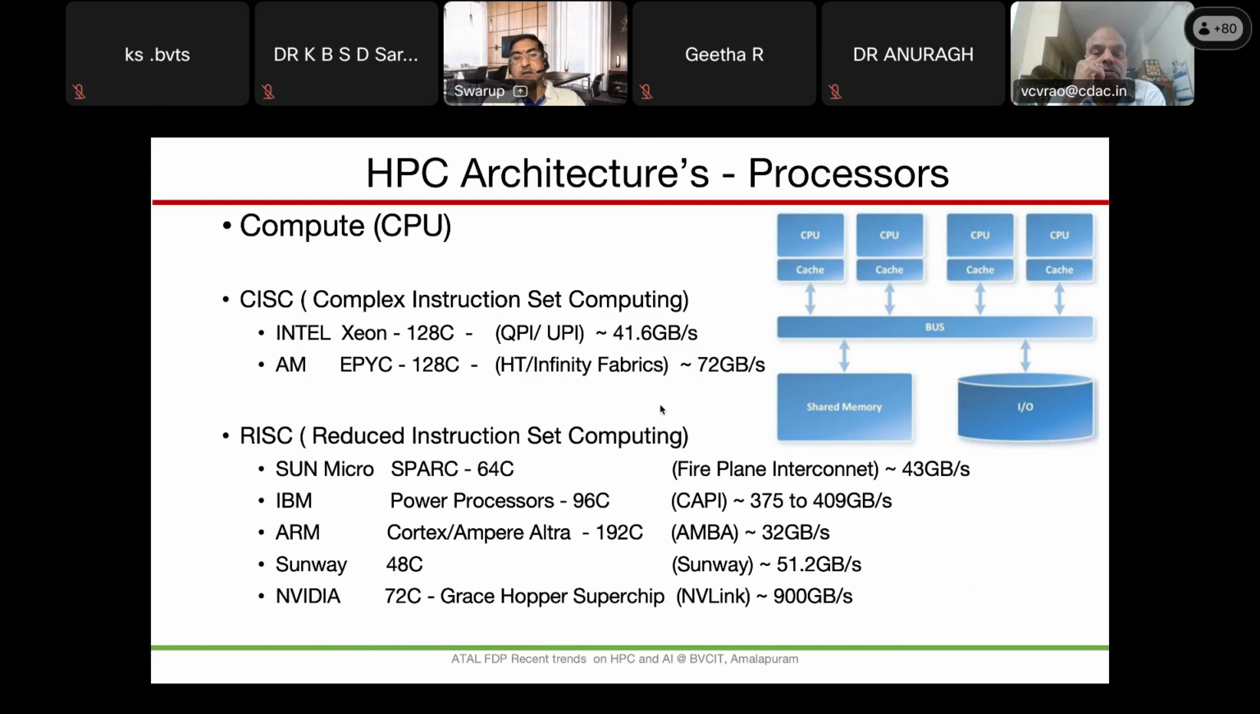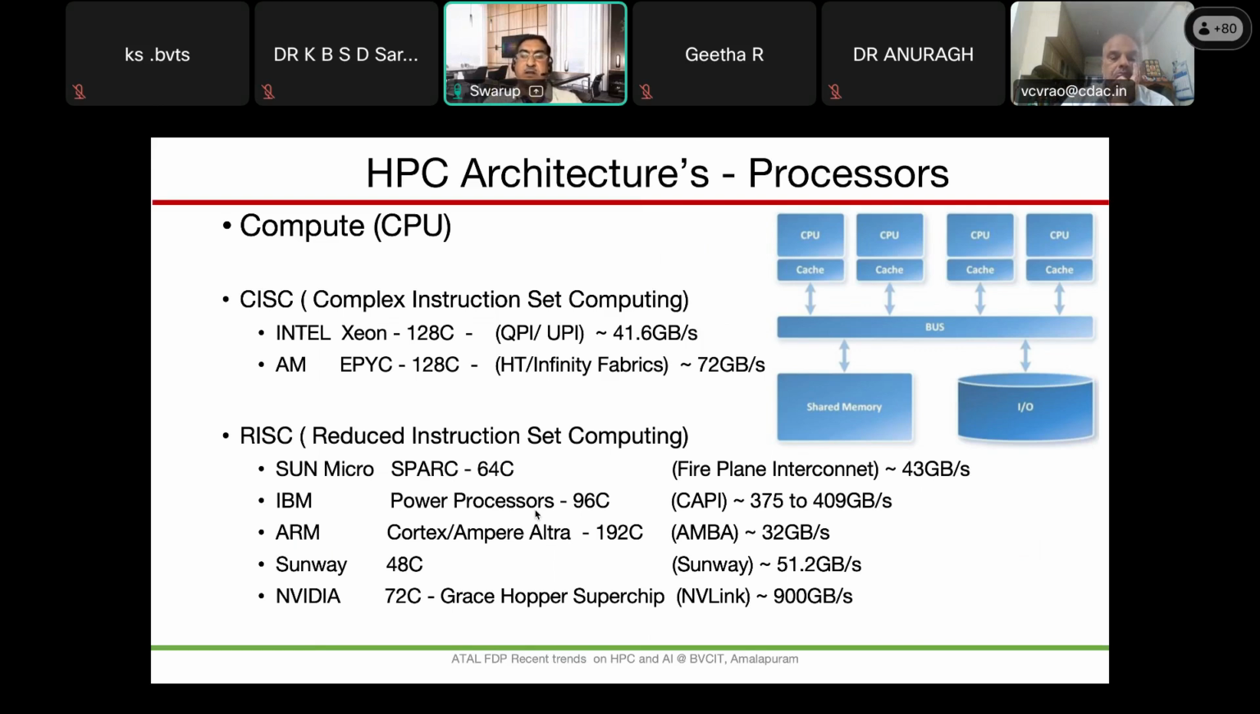Okay. Now you come to the RISC processors. Now Sun Microsystems has the SPARC 64. Now the SPARC 64 does not have much relevance because you are not getting the SPARC processors. But still in the Top500, there is a Fujitsu supercomputer in Japan, which is developing this, the Ultra SPARC system. They are still using those processors. And then they have a Fireplane interconnect, which is also a latest interconnect, which is offering 43 GB per